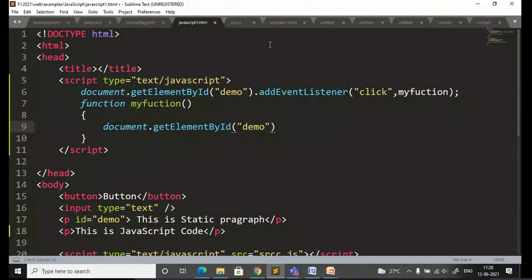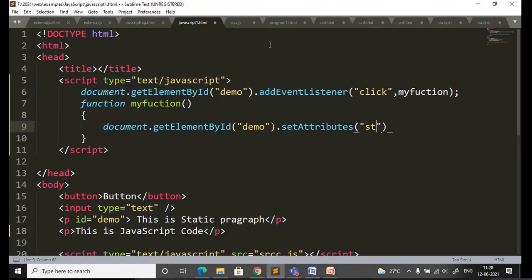Then dot setAttribute. Yesterday I was telling about this function, setAttribute.